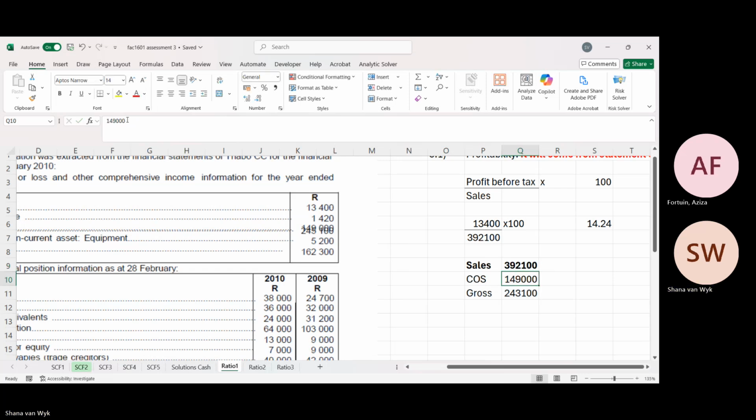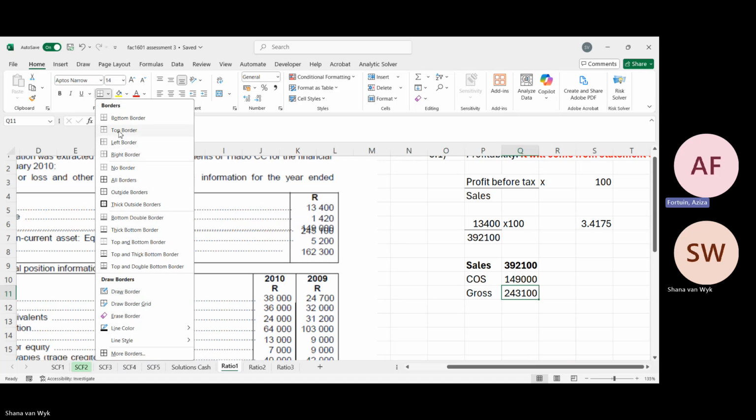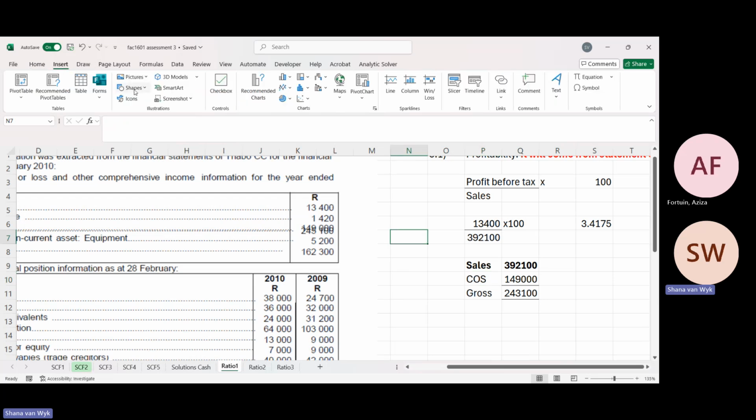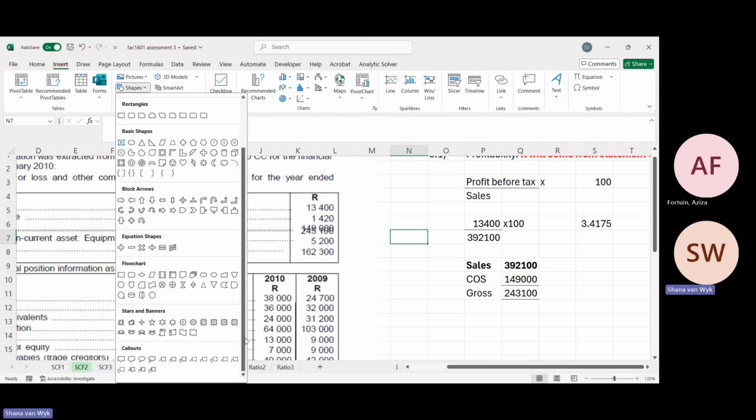Okay. This minus this gives you this. Yeah. There we go. In the red, if you can just make it. Okay, I did it wrong now. I should just do this. There we go. Yeah, that's correct. Now in the red, just make note the cost of sales and the gross profit is hidden below in the line item. Just look clearly, because when they do that, they're not going to know. You can write it in column T in the red, or wherever you want to. Let me make a bubble so that they can see.